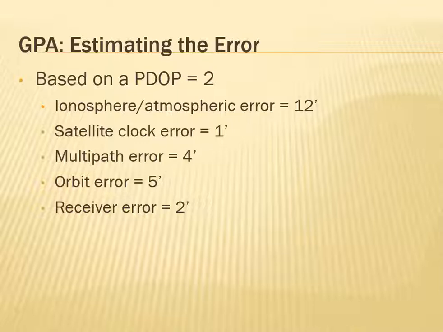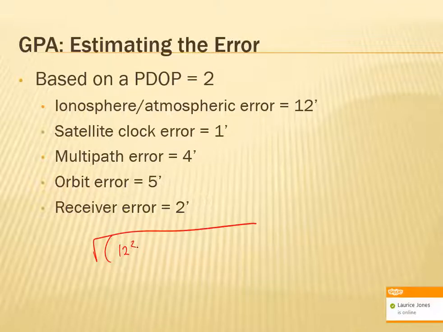Root mean square, of course. The root mean square means you take the square root of all of the different measurements squared. So it's really not hard. If I want to find out what the error is going to be on my measurement, I would go square root of 12 squared plus 1 squared plus 4 squared plus 5 squared plus 2 squared, which is actually equal to, let me see,